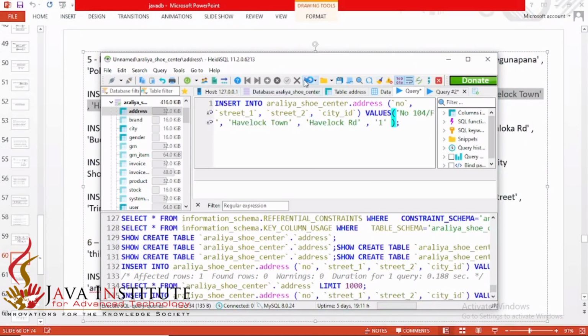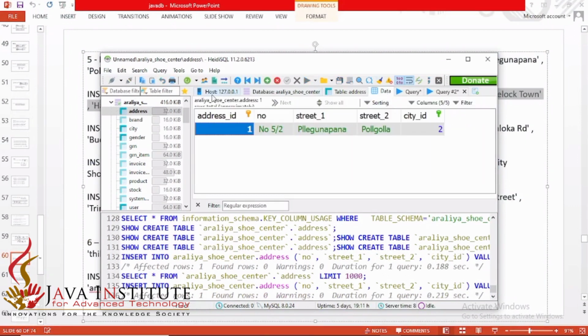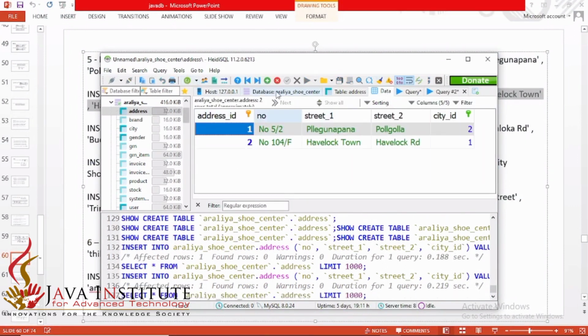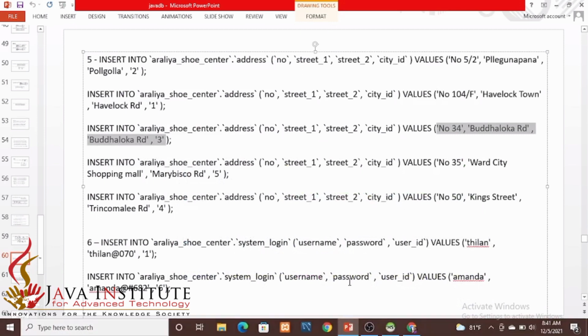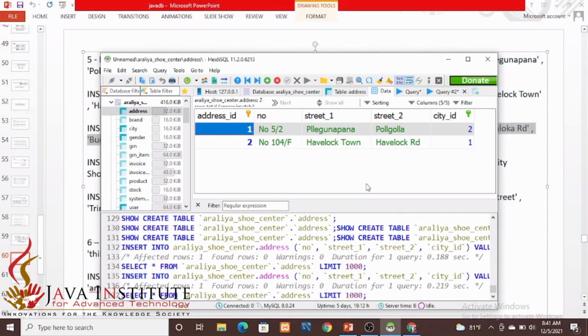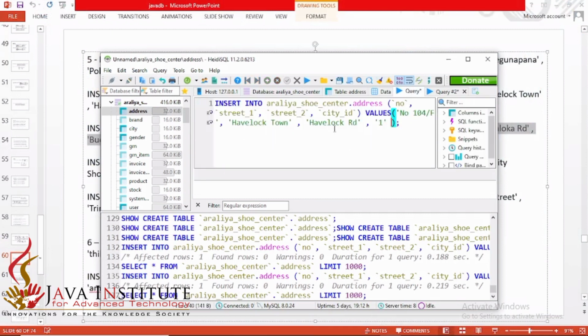After executing and refreshing, you can see the second data has been added also. And the third one is this Buddhaloka Mawatha. In this query tab, I'm going to change only the data regarding this, and I'm executing those,